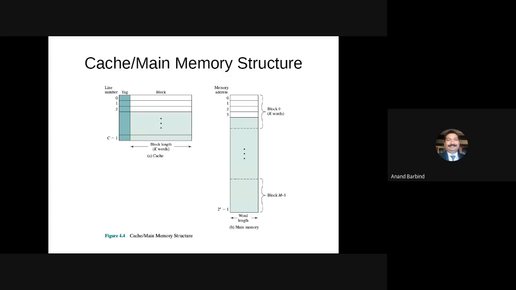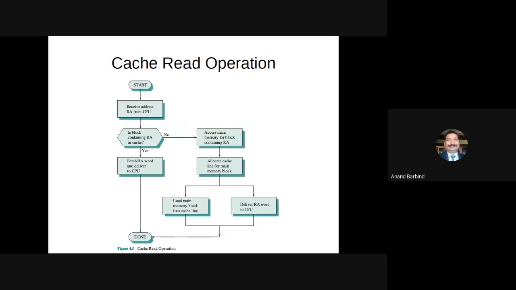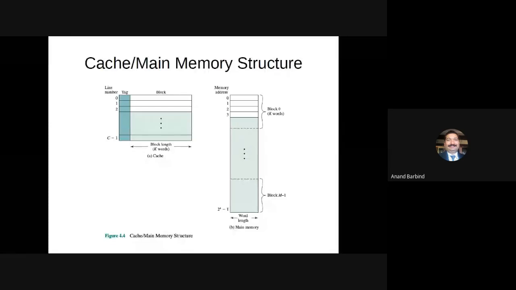So the structure of the cache memory and the main memory is something like this. Main memory is a huge memory. Usually this main memory is implemented using dynamic RAM. So popularly it is called DRAM, and